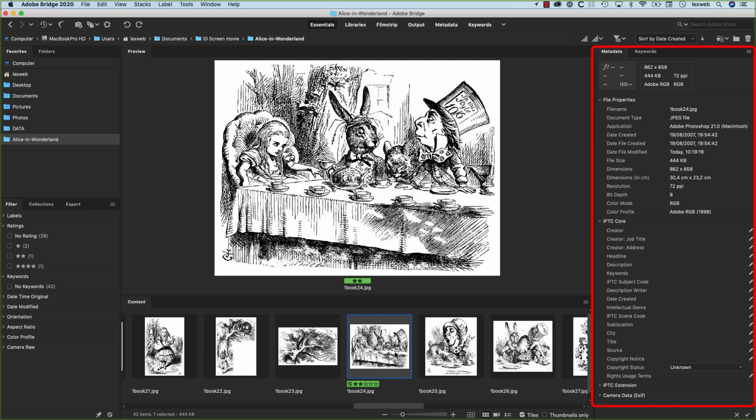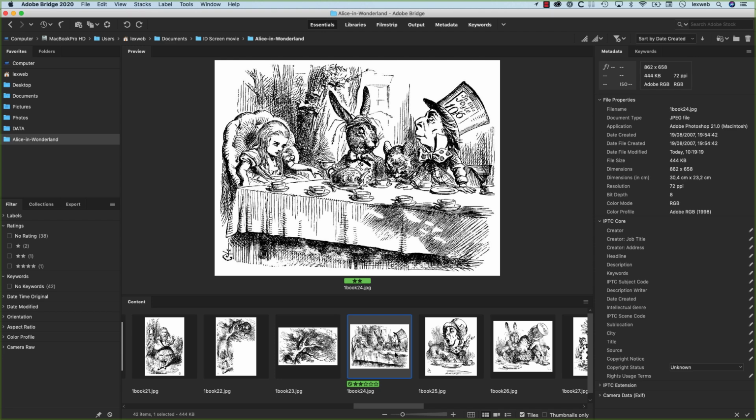On the right-hand side, we see the metadata of the file. Some metadata attribute values cannot be changed without modifying the image, such as file format, creation date, or resolution. Other metadata add additional information to the file without modifying the image itself. Bridge indicates editable metadata attribute fields with a little pen to the right of the field.